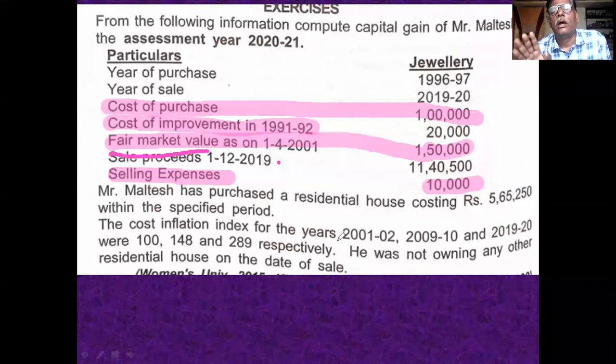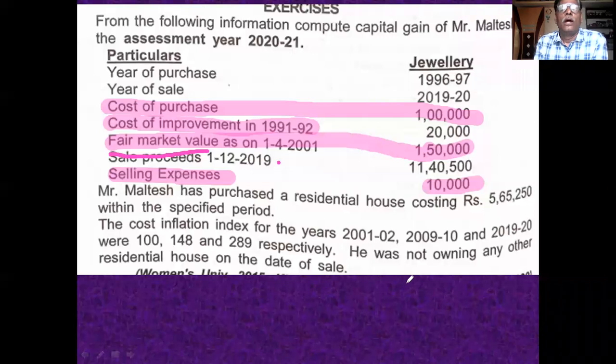That is the third one. And the fourth is compulsory acquisition and rehabilitation. Next is shifting of business to other than urban area. Next is shifting of business to special economic zone. And the last deduction is relating to acquisition of residential house by selling other capital assets. That is 54F. These are the deductions, simple deductions you remember.